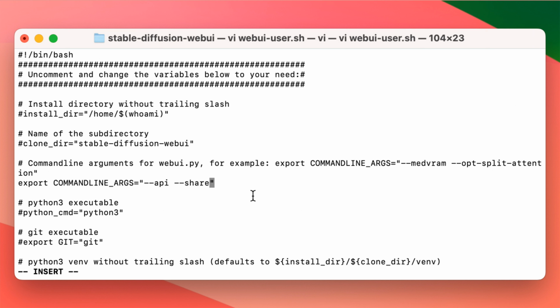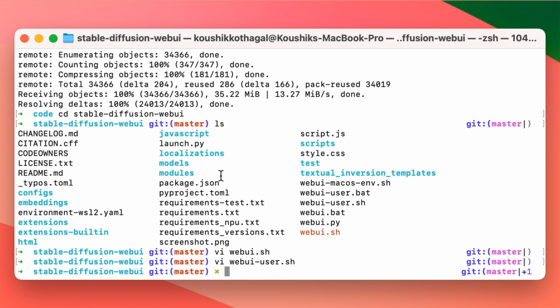That's where my Stable Diffusion Web UI is going to run. That's where all the models are available. And share gives me a publicly accessible URL that I can later go and access from my Mac laptop. If you're running Stable Diffusion on the same machine as you're coding, you don't need --share. You just need --api. All right, I'm going to save this, and I'm going to run